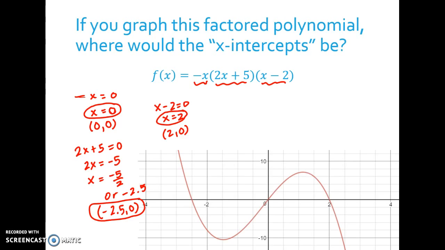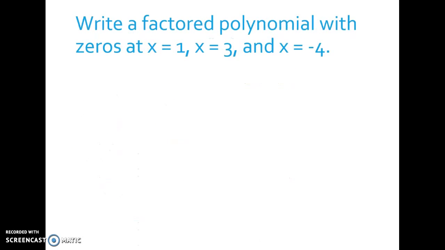Here's a graph of that polynomial. Here's the ordered pair negative 2.5 comma 0. Here's the ordered pair 0, 0. And here's the ordered pair 2, 0. Those are the zeros of that polynomial. All right, so